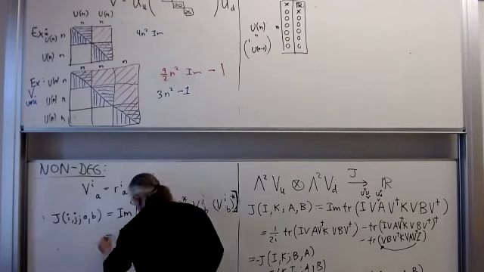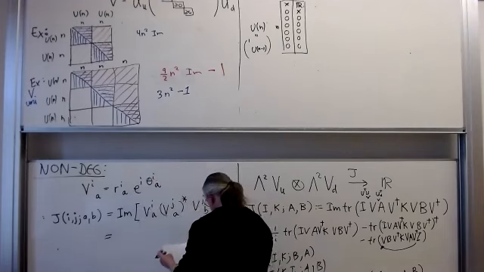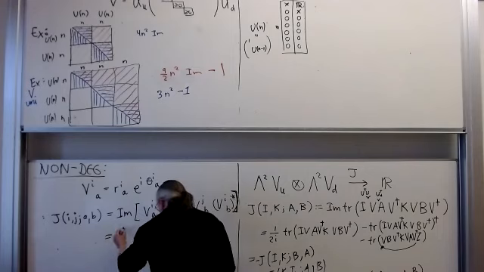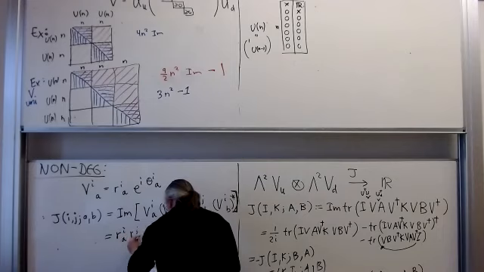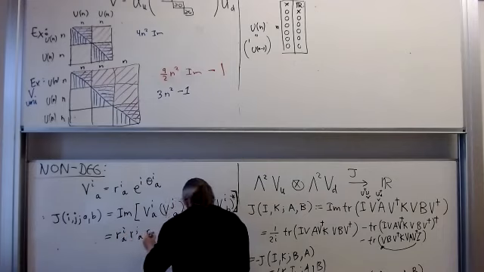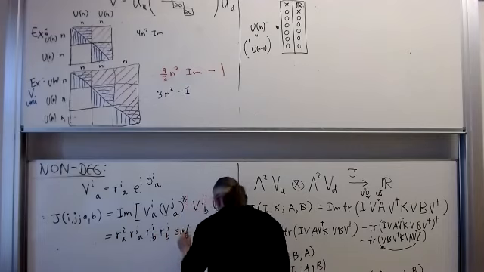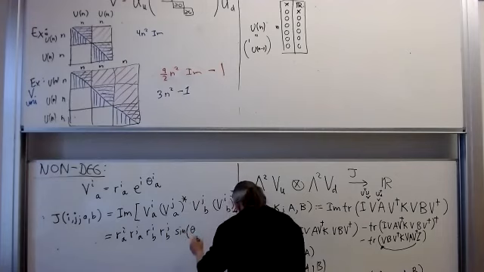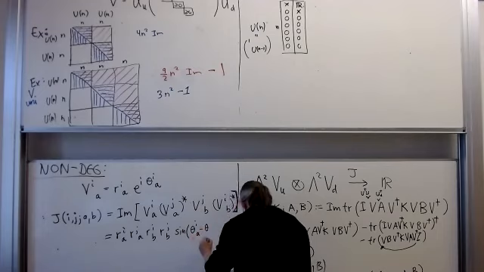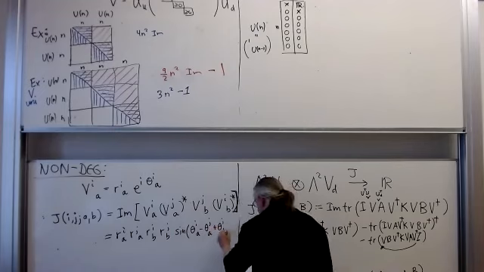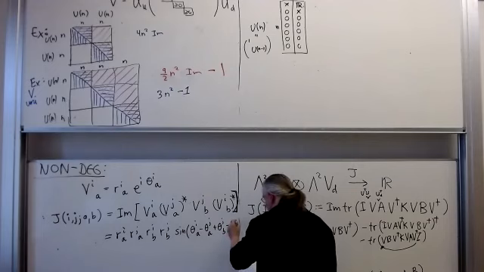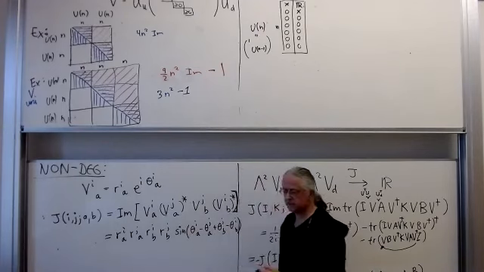So in this case, if we use polar coordinates, it just becomes the radii R_iA, R_jA, R_iB, and R_jB, and then there will be a sine of the differences of the thetas: theta iA minus theta jA plus theta jB minus theta iB, like this. Does that make sense?